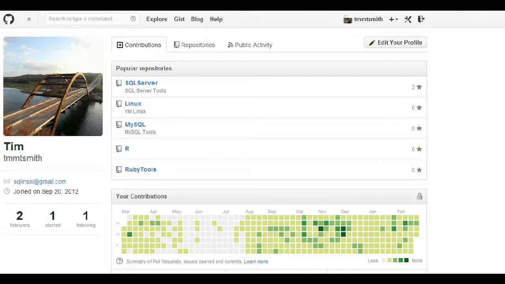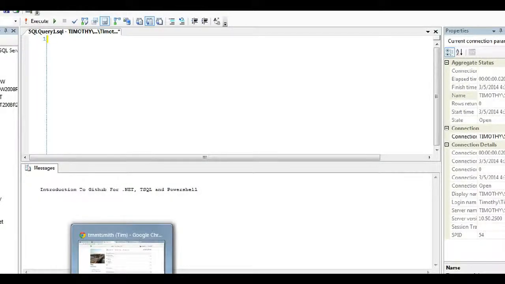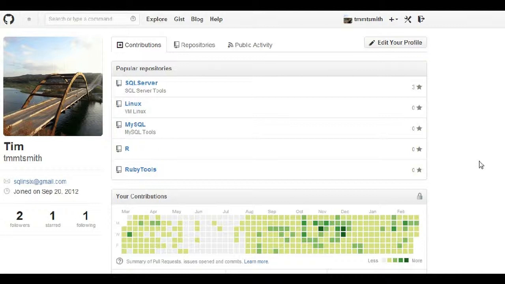Alright, this morning we're going to begin a series about Introduction to GitHub for .NET, T-SQL, and PowerShell. This is based on speaking with an individual the other day who works with hundreds of .NET developers. He likes to ask them what kind of source control they use, and do they use GitHub? He was stunned to find that most of the .NET, T-SQL, and PowerShell developers had never heard of